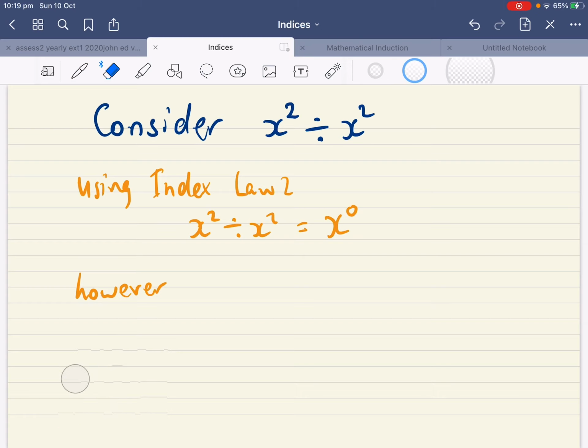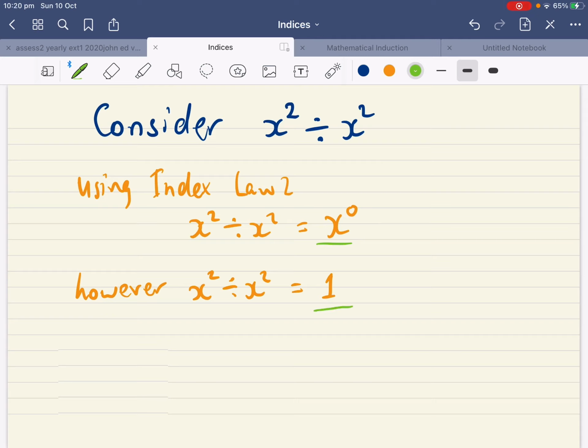And that's exactly what we have here. We've just said x squared divided by x squared is equal to x to the 0, which actually is true, right? It is. However, x squared divided by x squared, right? X squared some number. When you divide it by x squared itself, this is a number divided by itself. It'll also be equal to 1. So since x squared divided by x squared is equal to x to the 0, and x squared divided by x squared is also equal to 1,